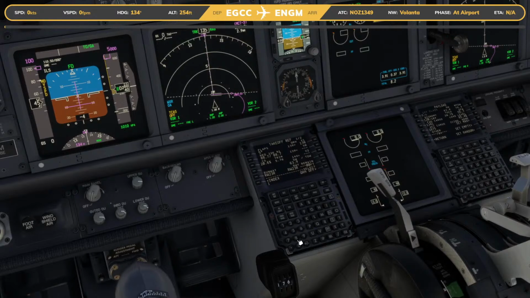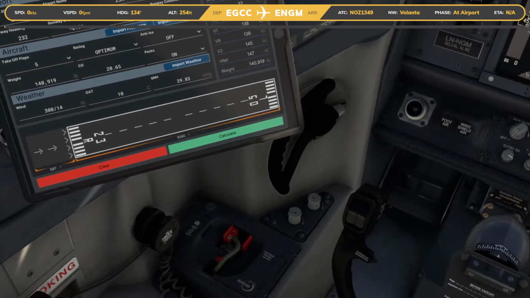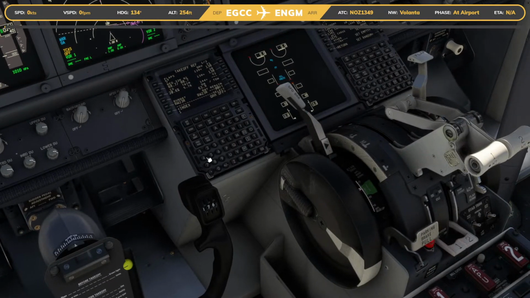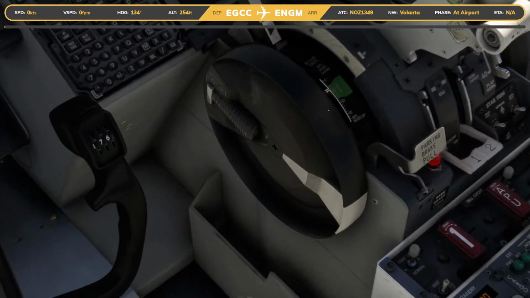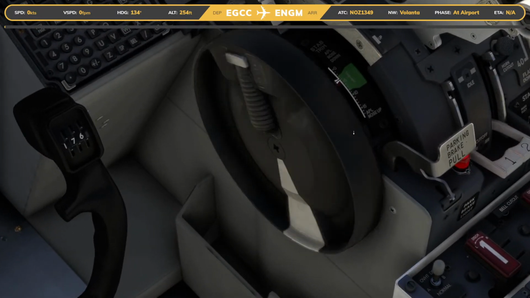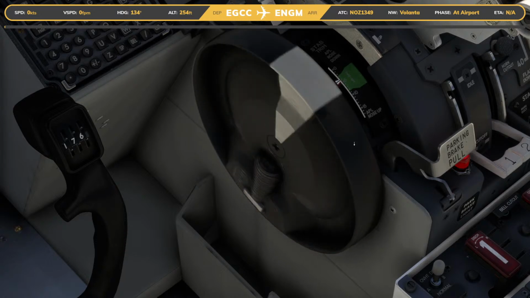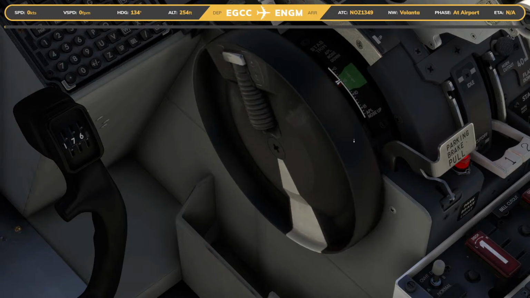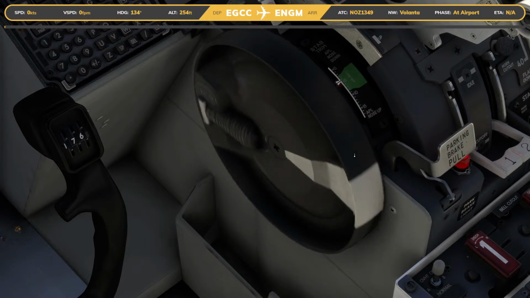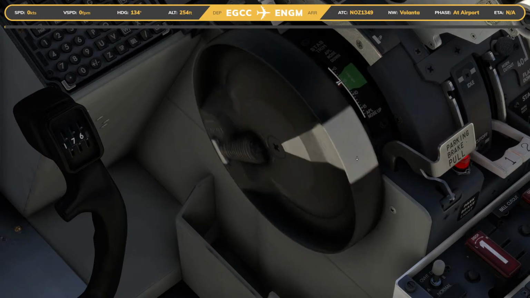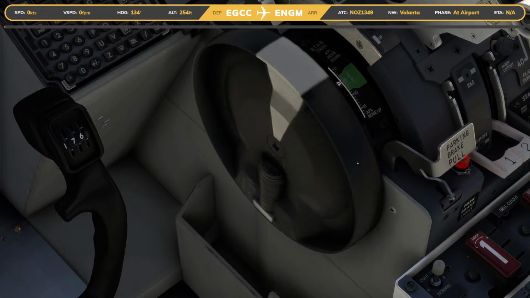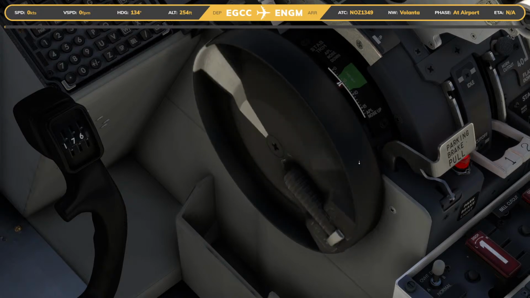VR of 138 and V2 145. Okay, 5.76 on the trim, so that would be pretty much just for the next line down. I wish there was, I said this the other day, I wish there was a quicker way of doing this. I don't have a trim wheel, so it's kind of